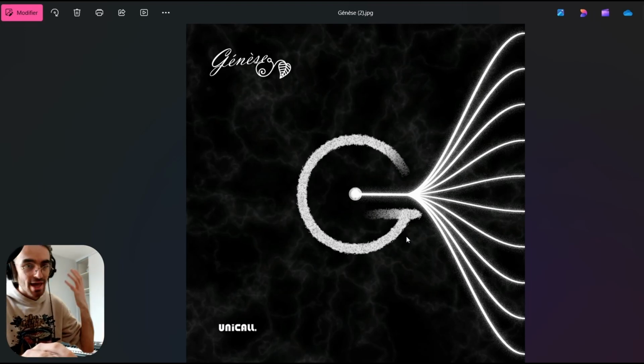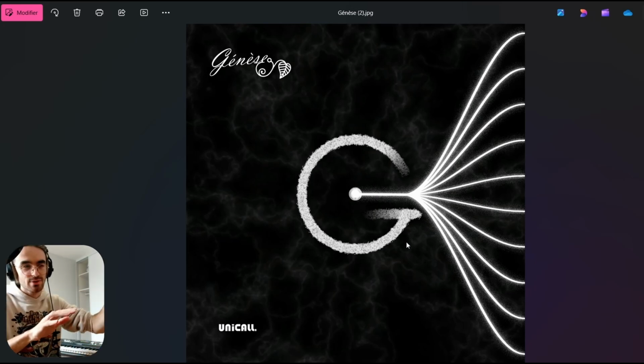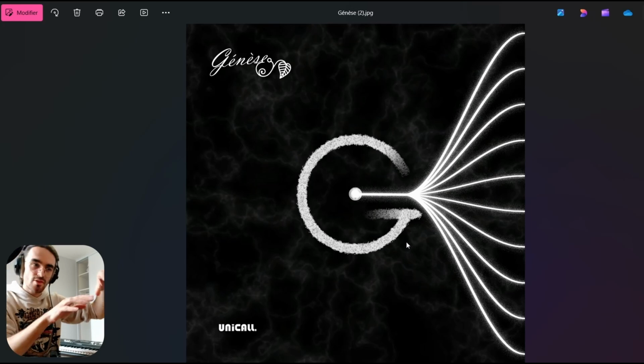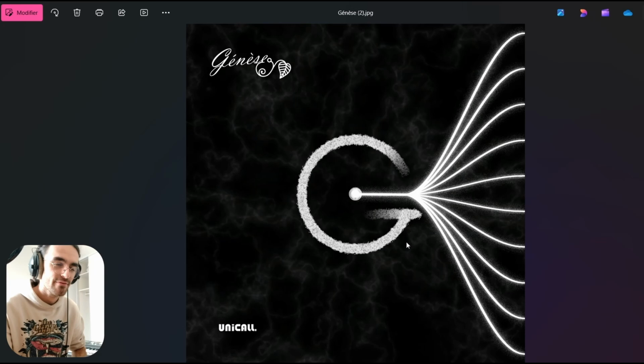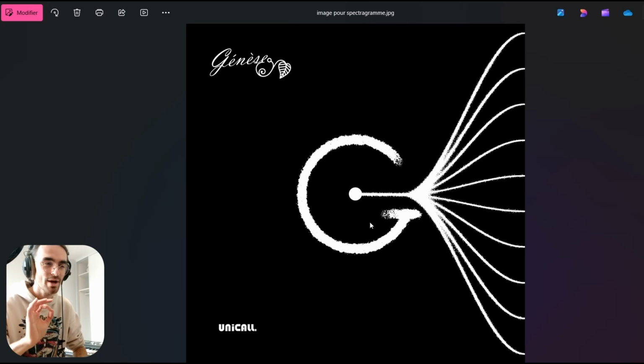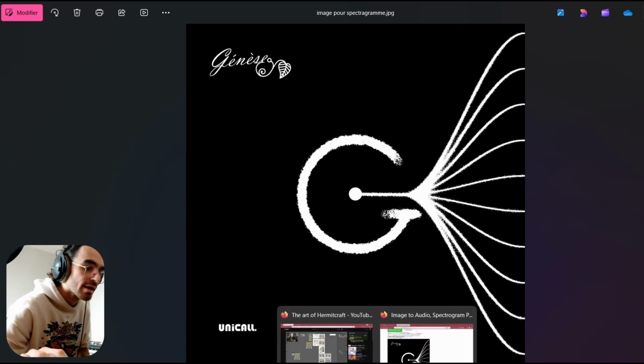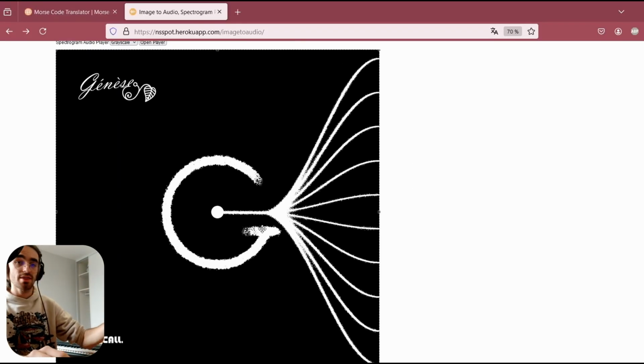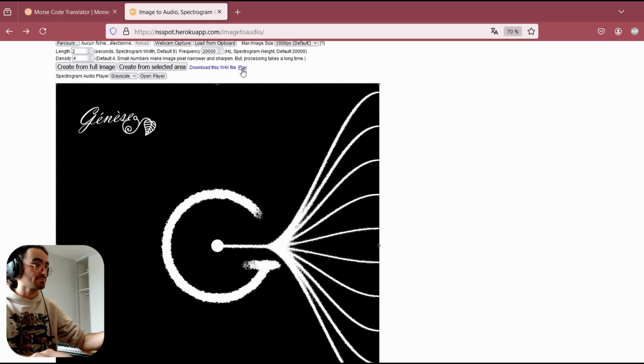And when I had that idea, I thought it was going to work well because, as you can see, at the right side of the picture, those 10 branches branching out, I thought it's going to sound great with a spectrogram. The spectrogram works well with fully black and fully white pictures. After that, you put it in the site, you press play, and